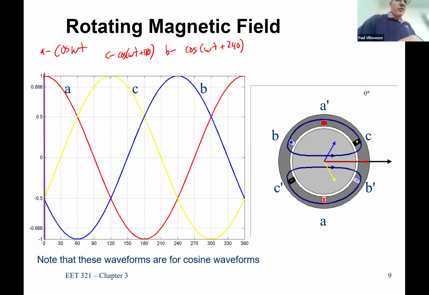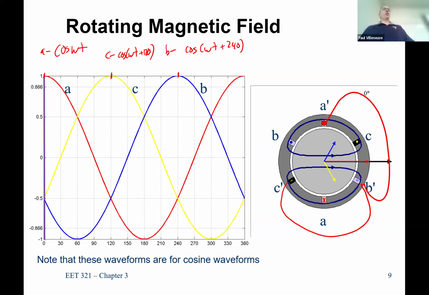This one peaks at 0. This one peaks at positive 120. And this one peaks at positive 240 or minus 120. Right? So now our electrician friend is going to go ahead and wire up phase A, phase B, and phase C to the machines. And in actuality, in most cases in the real world,